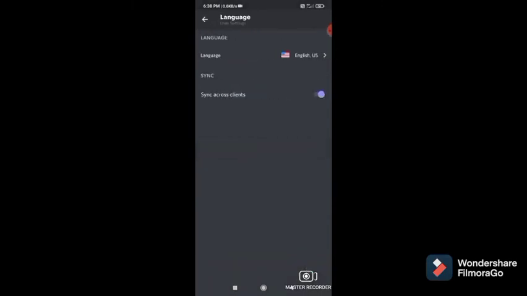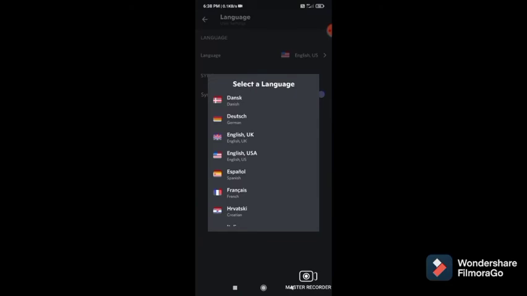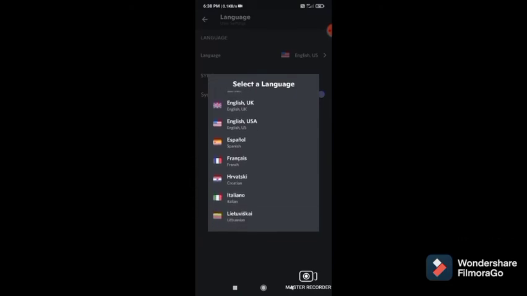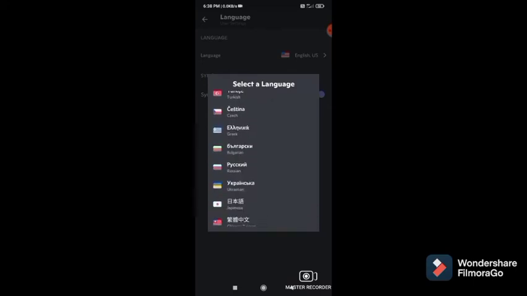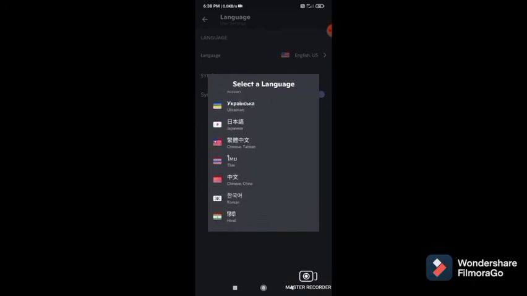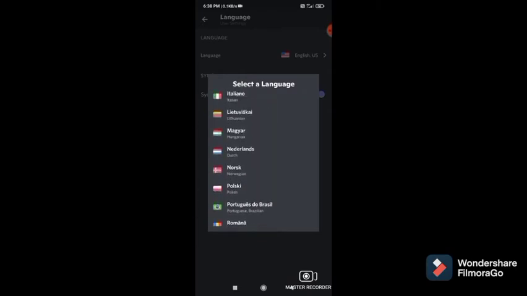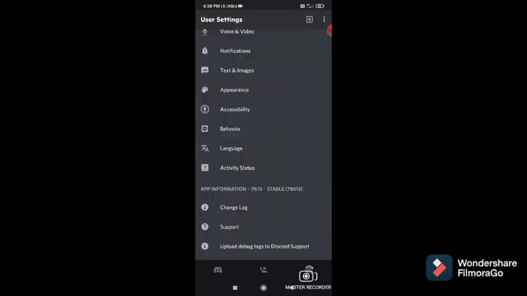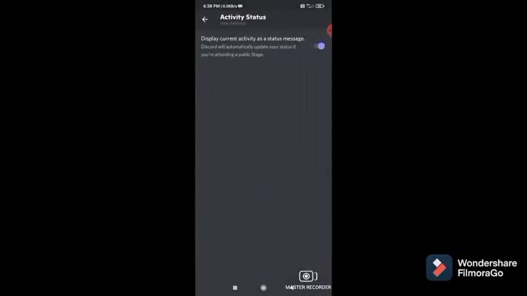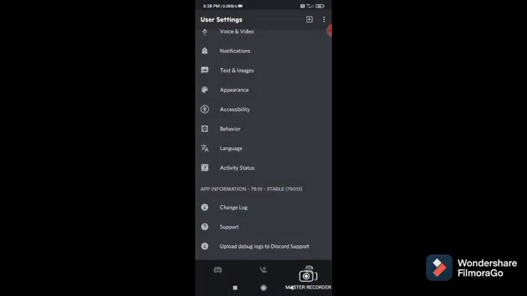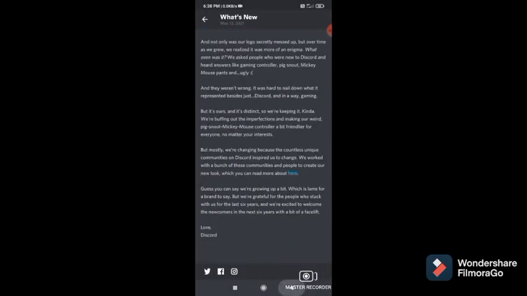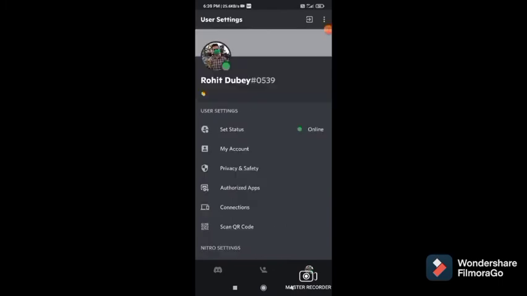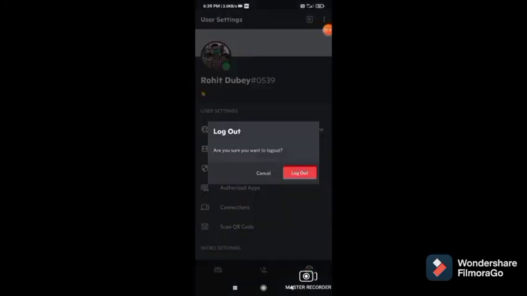And for language, as you see, these are the languages for this app. You can select as you want. Change log means updated news for this app. At top right, the logout button, then logout.